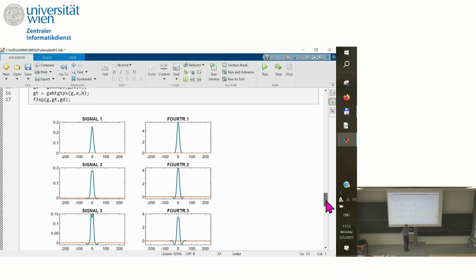But the Fourier transform of the dual is the same as the dual of the same with the lattices changed. So I could say, well, if the a is a little bit larger than the b, then you get such a thing. And if the b is larger than the a, you have such side lobes. Roughly speaking, you can say, well,